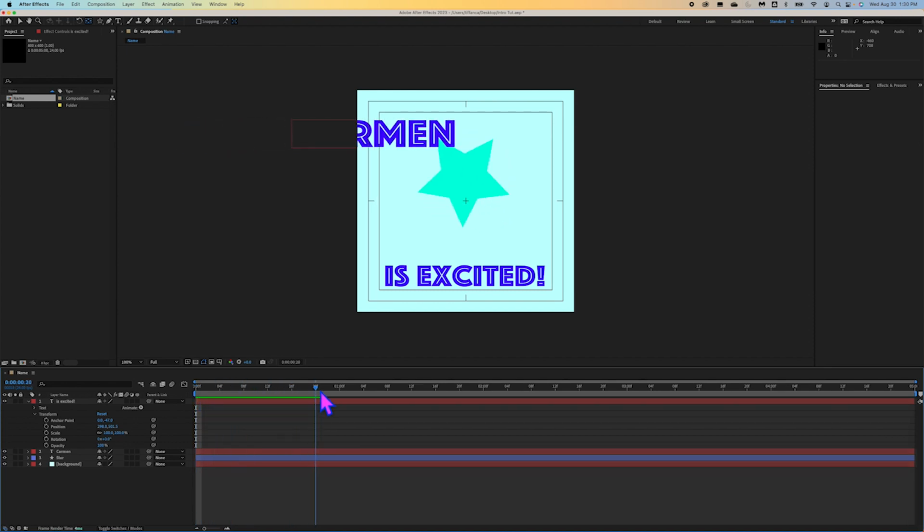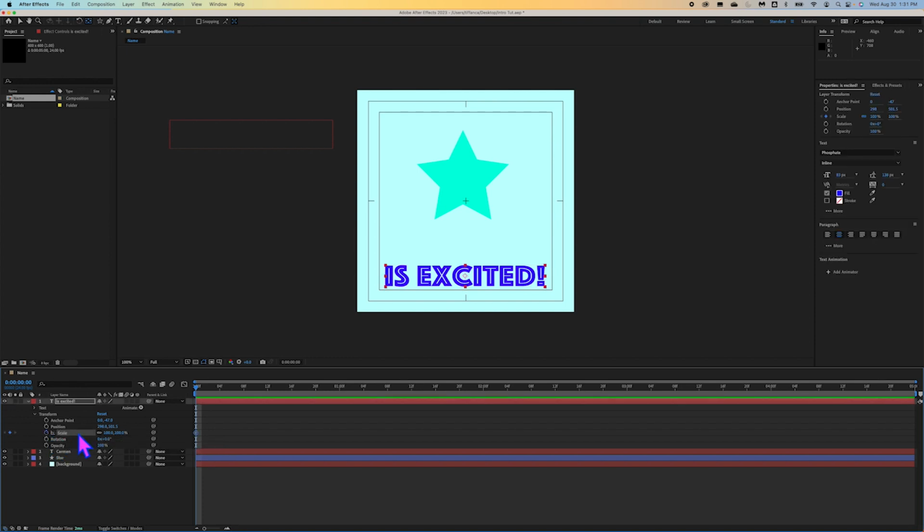So Carmen comes across the screen, and I think I want "is excited" to come in right about where my name is at the center here towards the top. So what I'm going to do is tell After Effects a few more things than just point A and point B. This is where we're adding more than one animation command to transform properties on a particular layer. So the very first thing is that I need to toggle on scale for the animation,